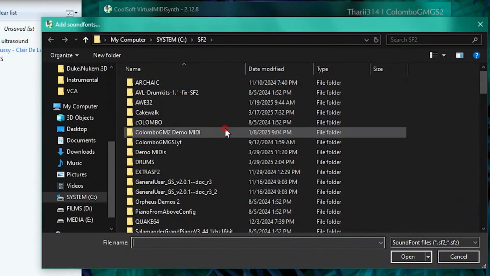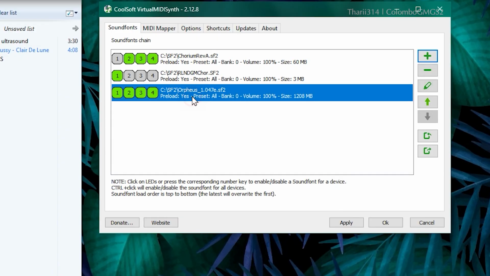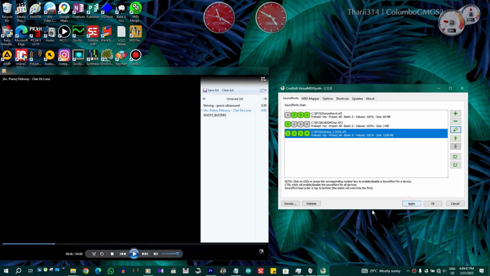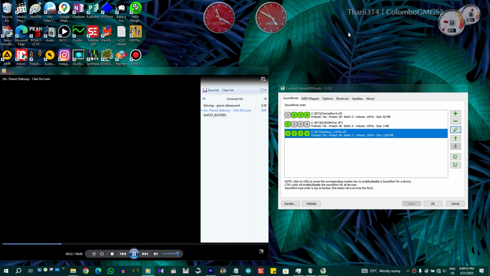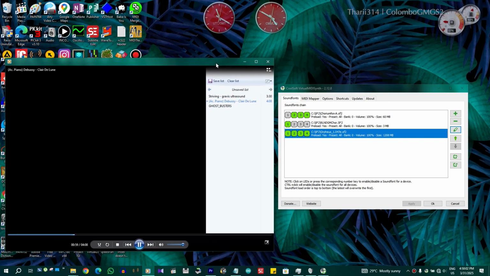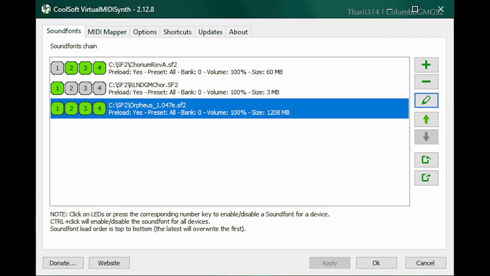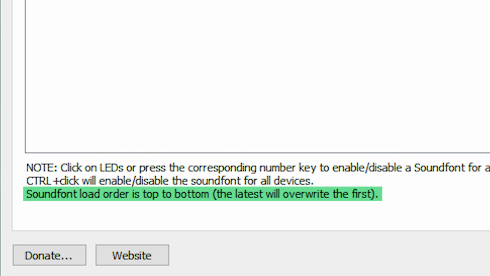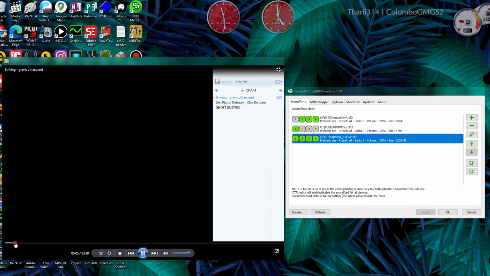So as my secondary sound font, I'm selecting this, Orpheus version 1 by Virtuon. And it features a fully fledged stereo recording of a Steinway D grand piano. Now that I have simply loaded it to the bottommost position of the sound font chain, where my secondary sound font has got the highest priority, let's see what kind of difference it made to the previous track.